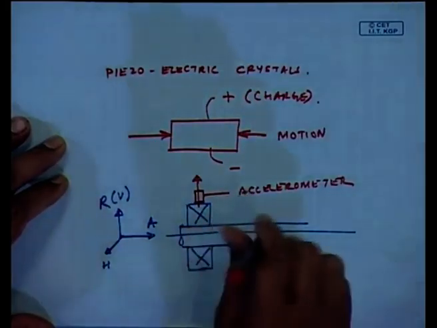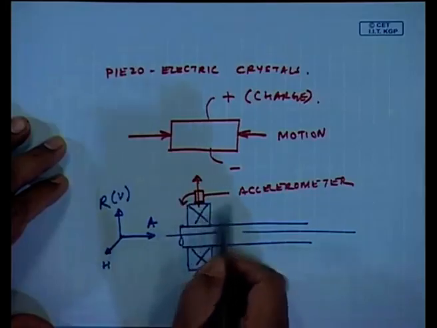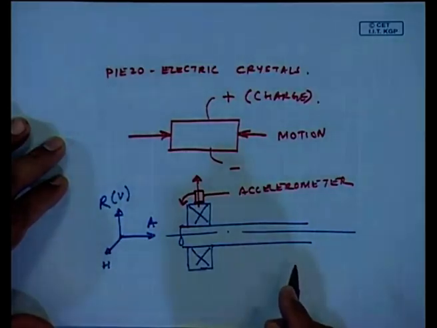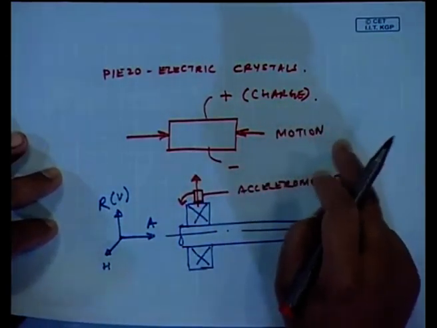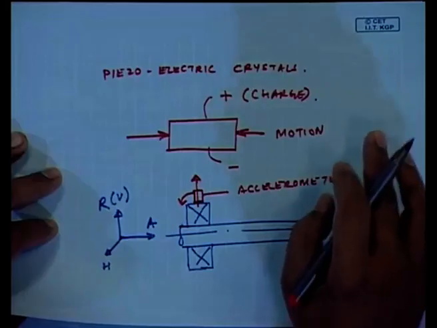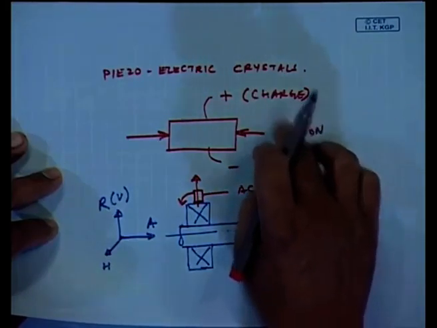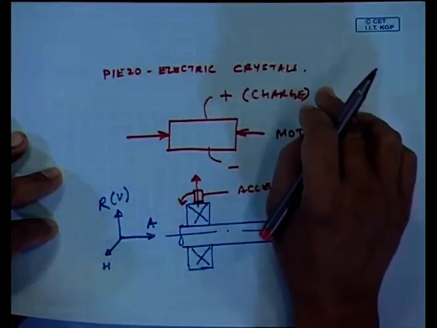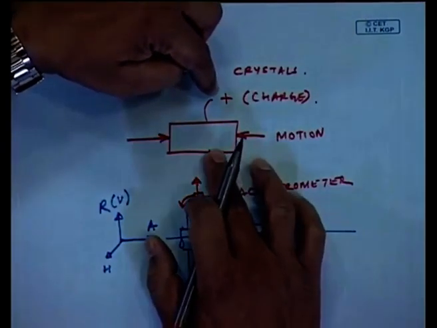If I want to measure in the axial direction, I have to rotate it by 90 degrees, so that this becomes in this direction. So, I have to align the accelerometers along their most sensitive direction. So, coming back to the discussion of piezoelectric crystals: piezoelectric crystals are found in nature and have this property that whenever I give a motion, they give a charge. Another very important feature of the piezoelectric crystal is, given an electrical charge, they are also going to